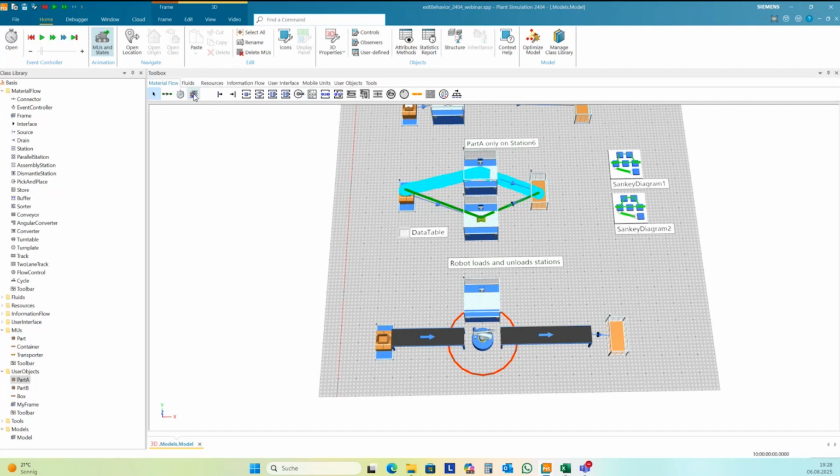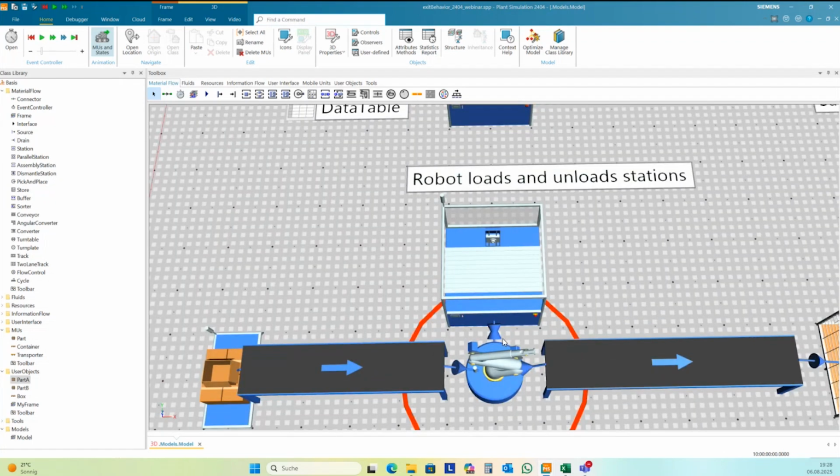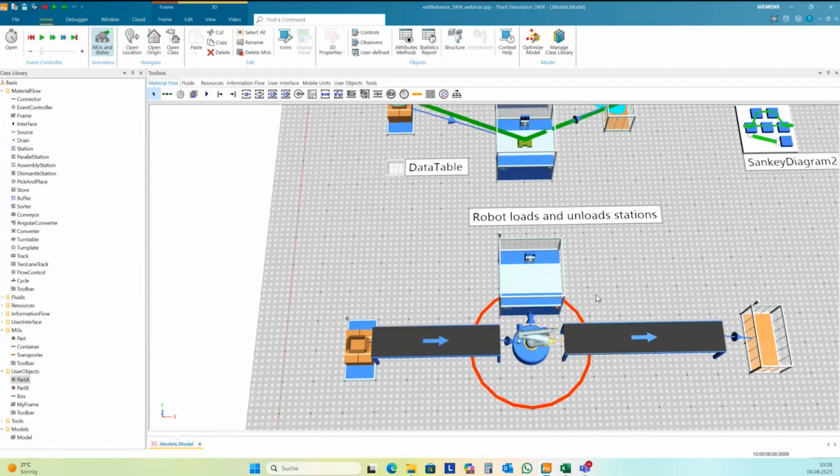At the pick and place robot, I connect first with the conveyor, then it goes to the station. From the station, it goes back to the pick and place robot, and then it goes from the pick and place robot to the conveyor. And here I have two different successors. One successor is conveyor 1, and one successor is here station 8.